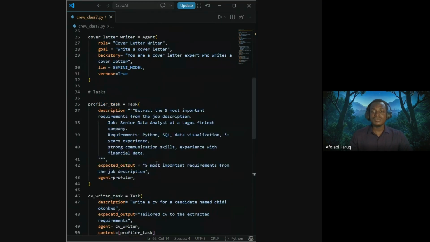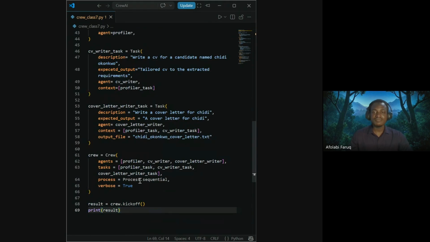Okay, so I believe we understand this, then we define the crew. So crew.kickoff is going to run the entire agent, put the result there and complete it.